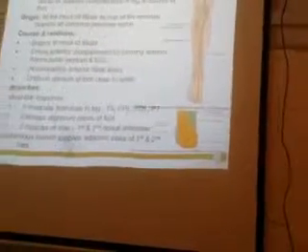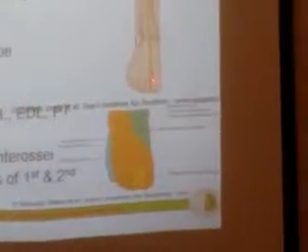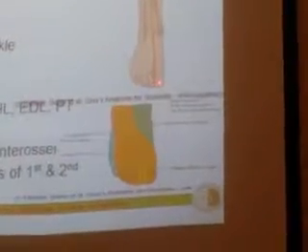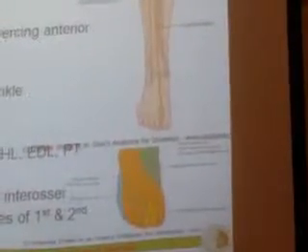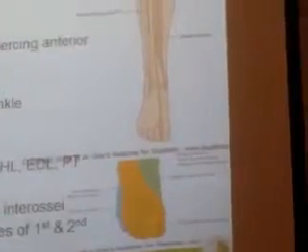Because it comes between the two digits of the foot, it supplies only this part of the skin. You can see here it is longer and it comes between the great toe and the next toe. That's why it supplies a very small part of the skin. Even though it supplies a lot of muscles, it supplies a very small part of the skin. So this is the cutaneous supply.